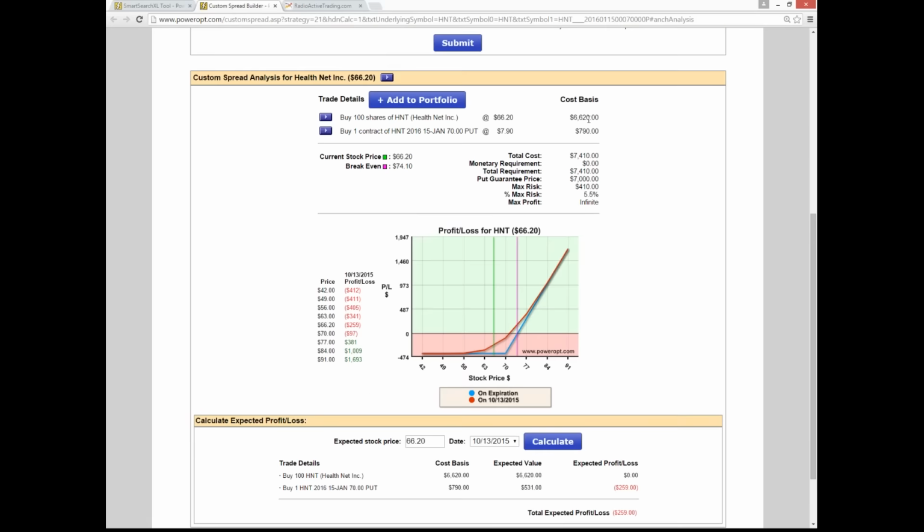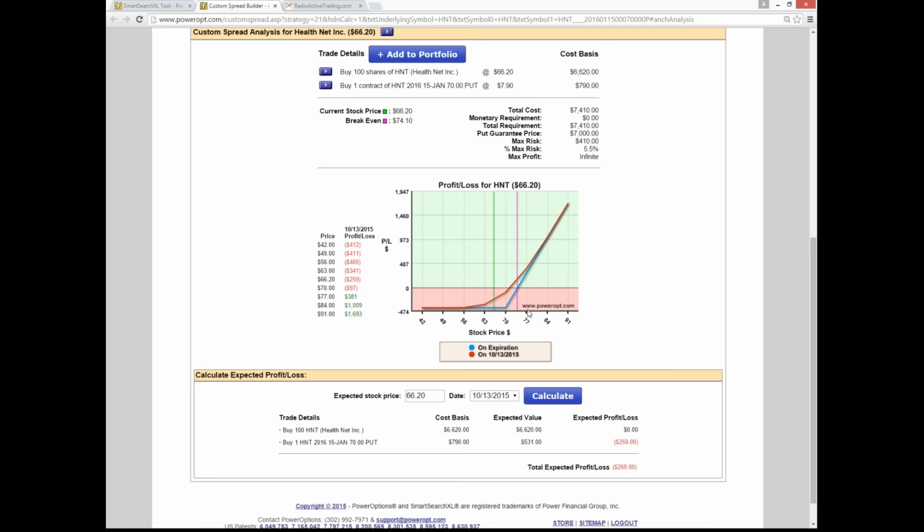100 shares of HealthNet at 66.20, buying one January 70 put at 790. Total investment for 100 shares in one put, $7,410. Guaranteed $7,000 back to the risk of $410 or 5.5%. Is my static break-even 74.10? Absolutely. If I hold the position all the way to January expiration, about 6 months out in time,